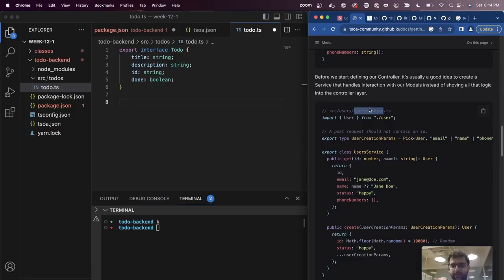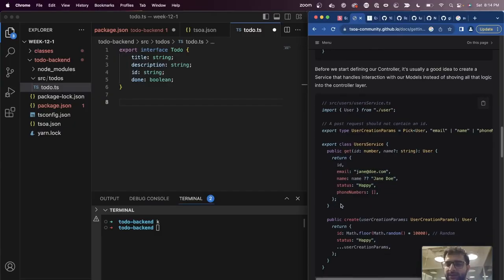call this file, give it inputs. For example, get me the user with this ID, and it will find that user from the database. For now, they have just hard coded it. We are going to hard code it as well. But services generally is a file where you create functions that sit on top of the database, so that whoever is calling this doesn't need to write SQL queries or doesn't need to worry about mongoose. They can simply call user service.get, and that will give them the user's details for a user with this ID